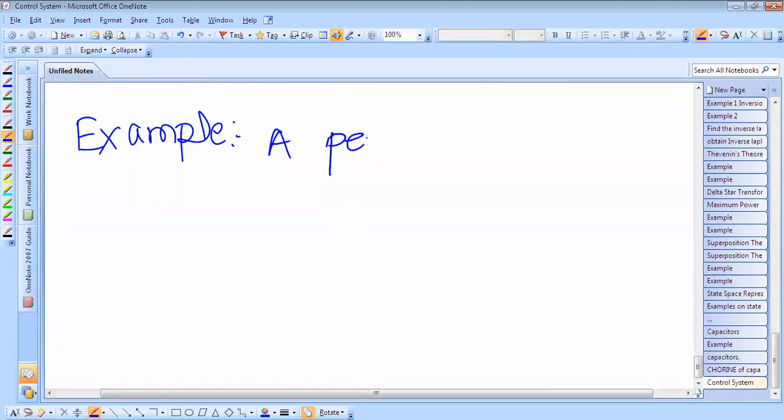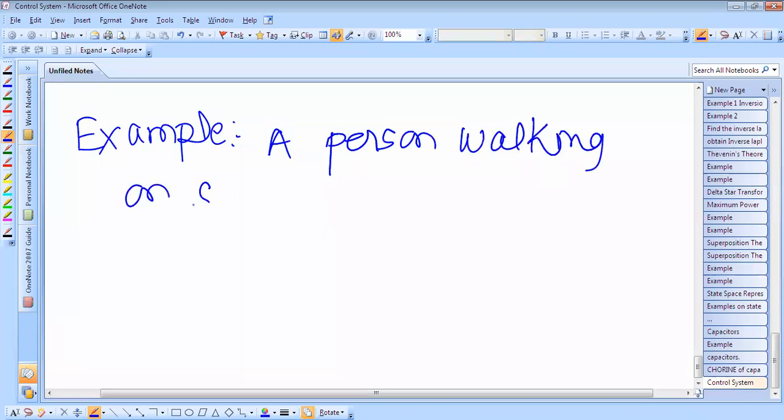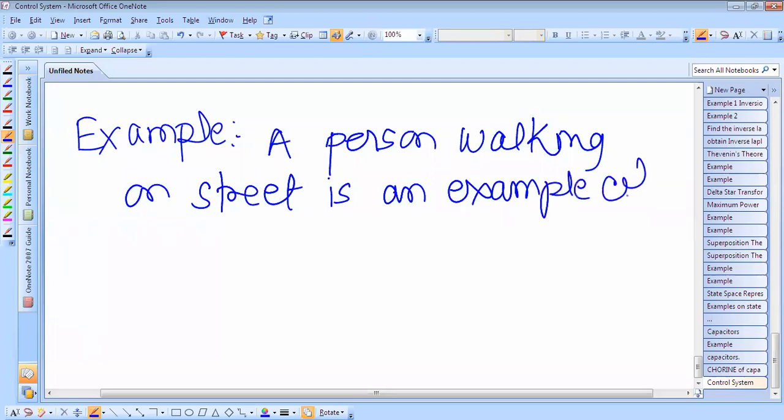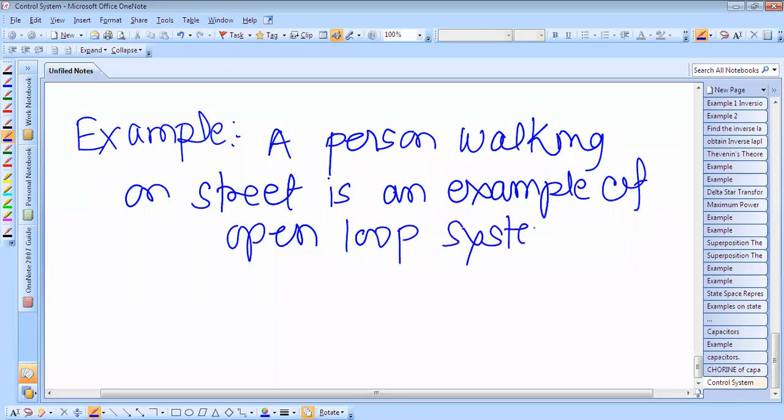A person walking on a street with his eyes closed is an example of an open loop control system. Okay, why? Because we also have to give the justification: he will not get the feedback. A person walking on a street with his eyes closed is an example of the open loop control system because he will not get the feedback, and whenever the system